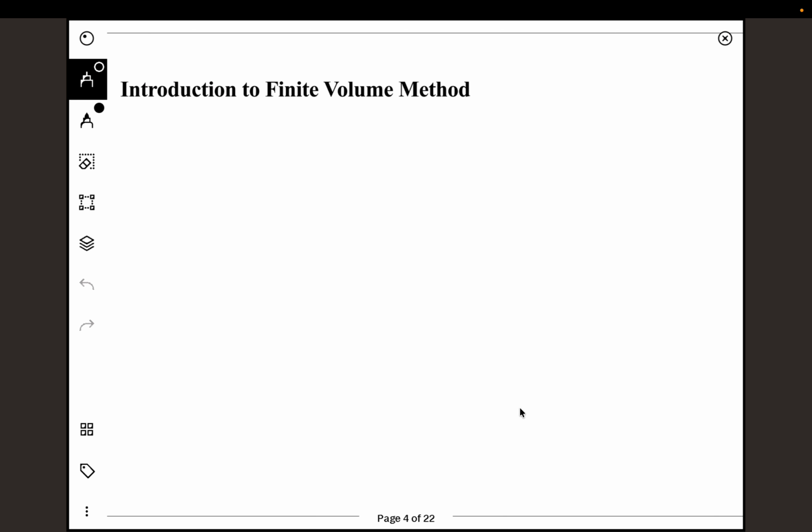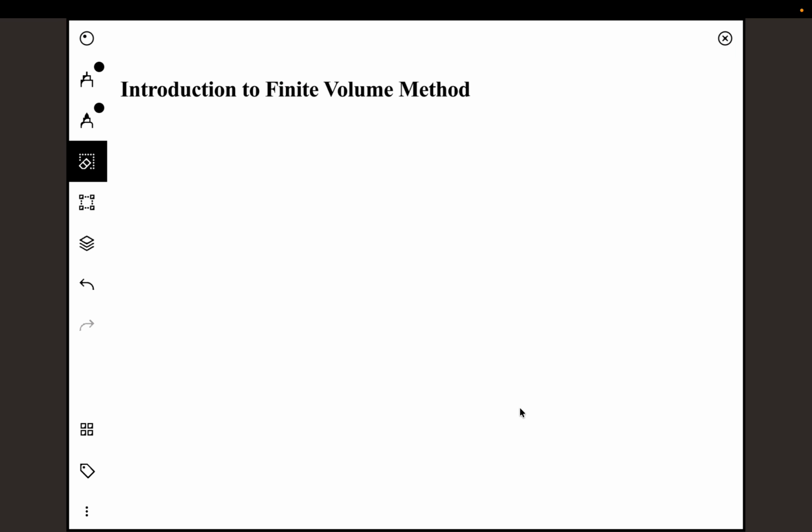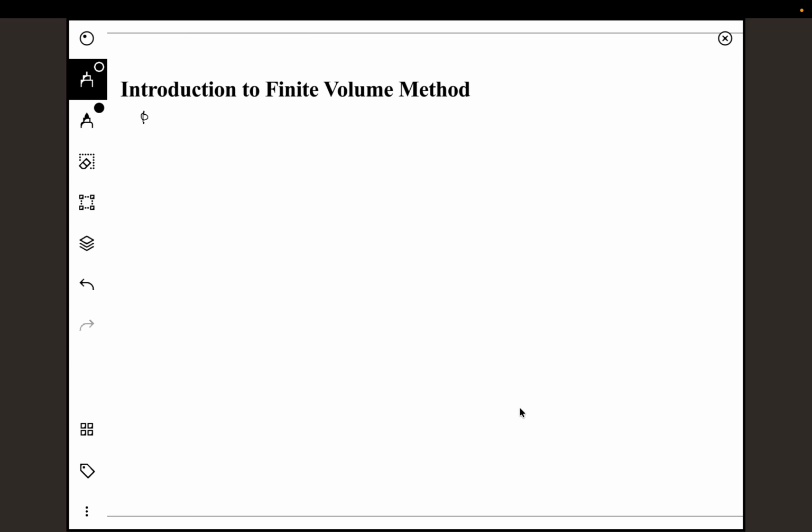To start with, the idea of the finite volume method. In finite difference, what we were doing is we assume that we have a function phi. Let's say we are solving some equation, and phi is a variable that we are trying to solve for, and then we need to estimate del phi by del x, etc. This we were doing using an approximation like phi i plus 1 minus phi i minus 1 by 2 delta x, or so on. So if I have a 1D grid,